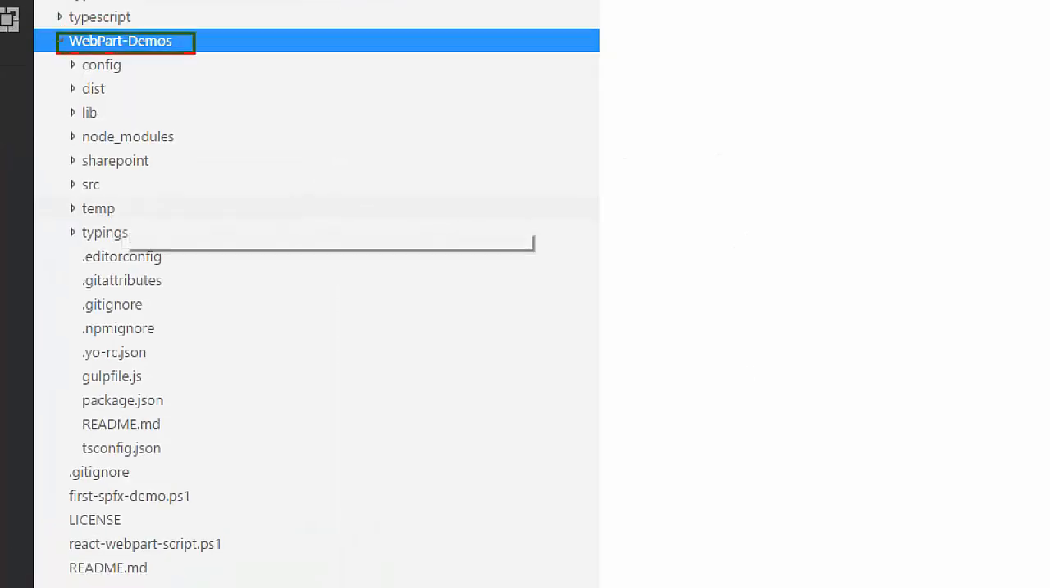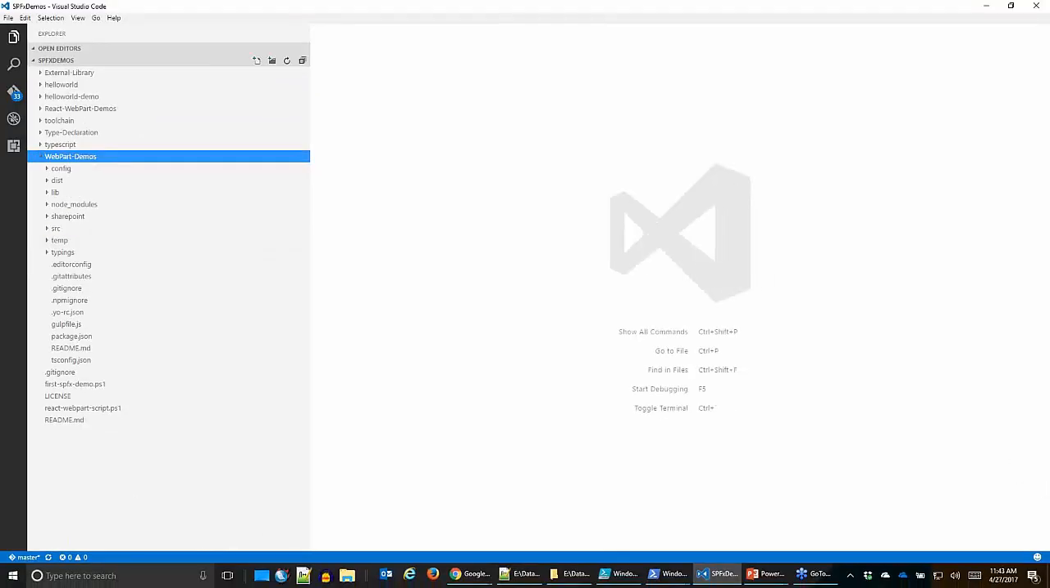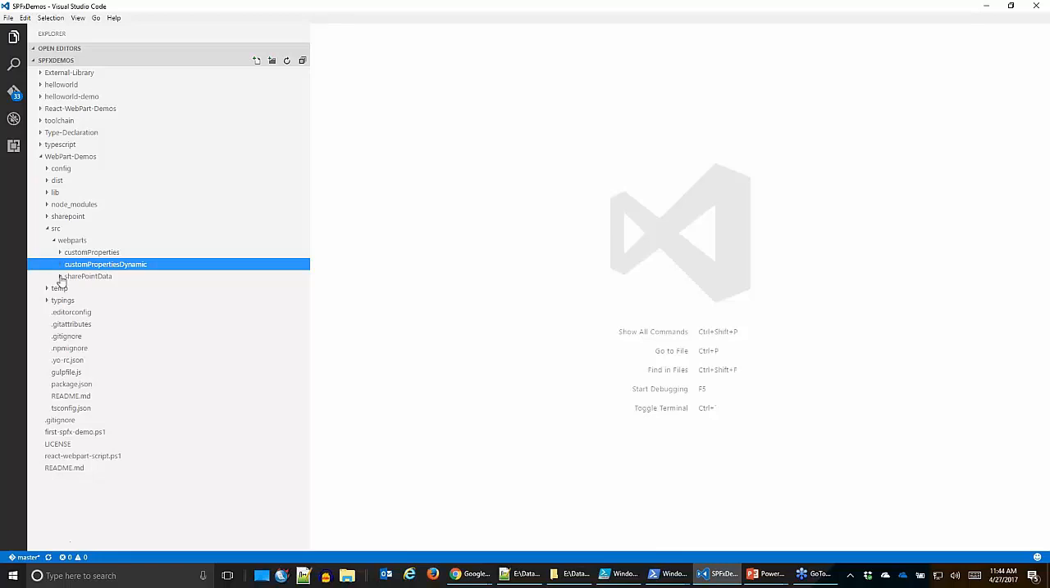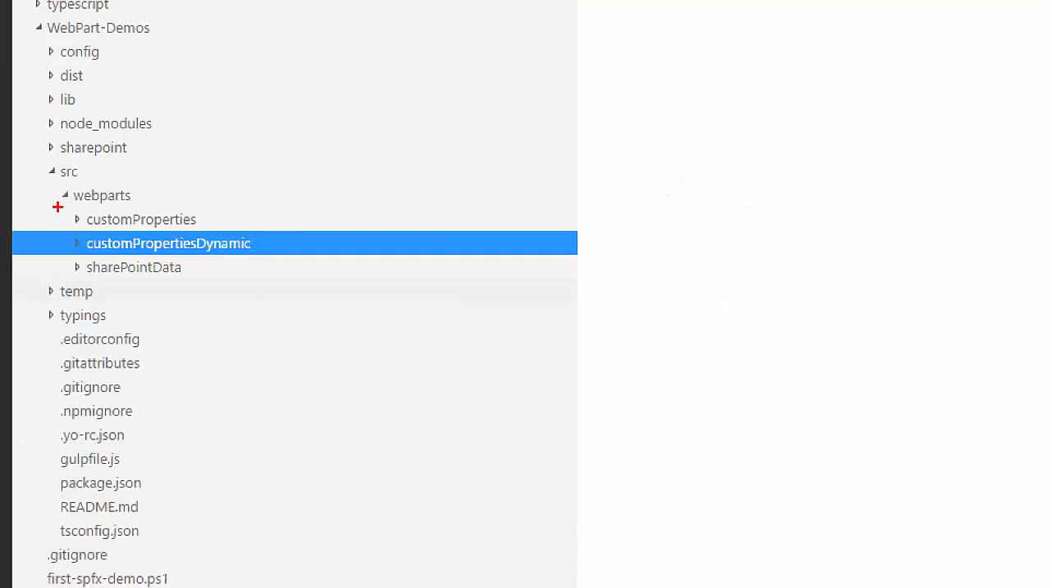I'm in the Hello World folder. I told you I care about one primary folder, which is the SRC folder, so let's jump into the source folder and look at the web parts that I've made available to you. There's three that I care about here. They're kind of fun. There's the SharePoint data, which we're going to look at next. That's how to pull SharePoint data. And if we want custom properties, or custom properties pulling from dynamic sources, you can also look at some